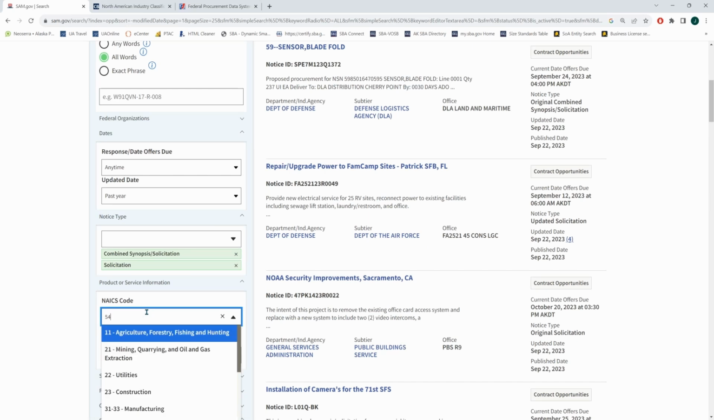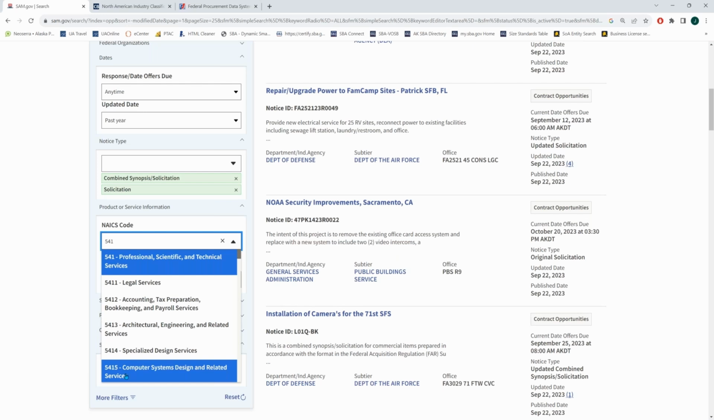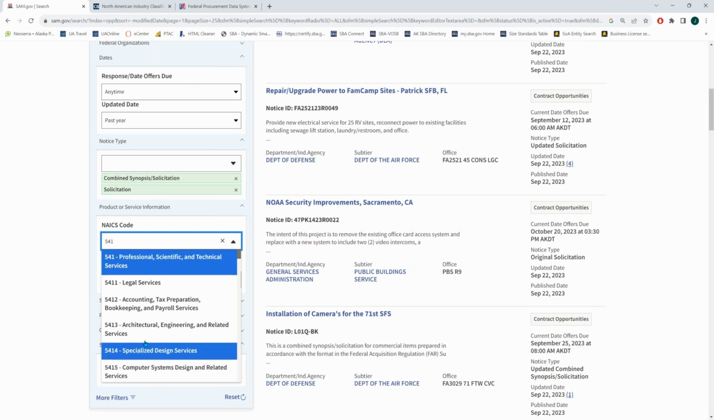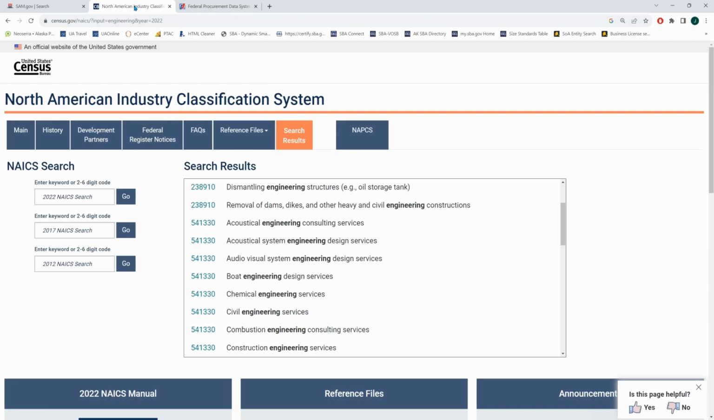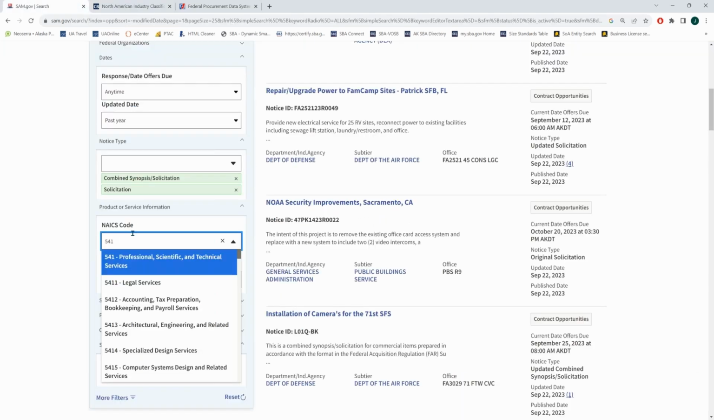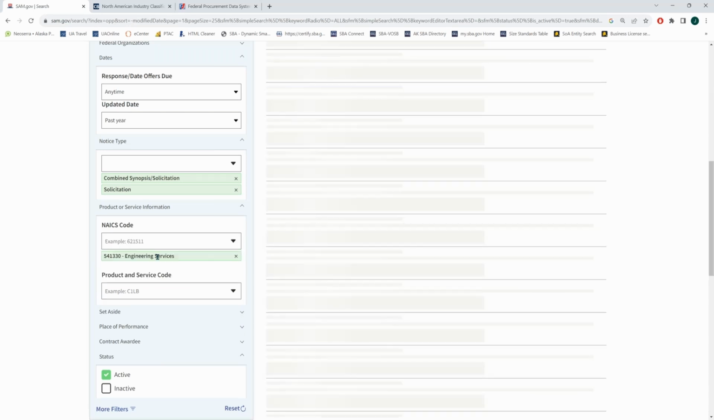And I said 541. And of course, this is where using these partials is helpful. When you're doing your bid match, you do need the full 6-digit. But if you're trying to figure out other NAICS codes, putting in partial, you can see the hierarchy here of how it's built. And what did I say that was? 541330. Okay. So we're talking about how broad engineering services are